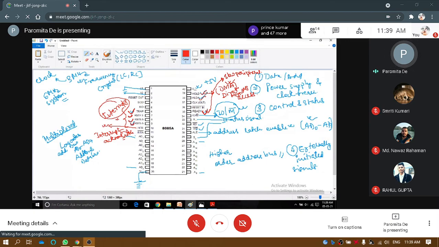Then there is a reset in and reset out. This is your reset in and this is your reset out, and there is another reset in. These are for resetting the microprocessor. Reset in is when the program counter is set to 0 and the microprocessor unit is reset. If you want to reset the microprocessor, stop operation, and start from the beginning, then these reset in, reset out pins are used. And here these are serial input pins.